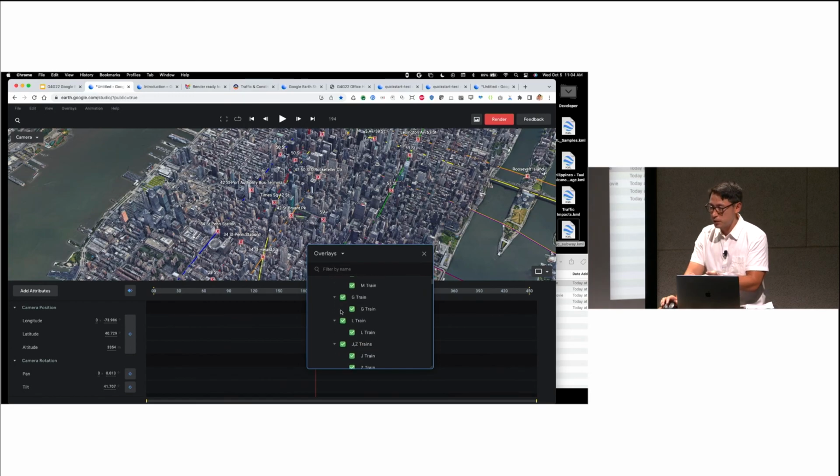What you'll see is really nice with Earth Studio is when you import a KML or KMZ file, we'll inherit the KML tree. So you'll see how the different things are nested, just like how you would in Google Earth, and you can kind of turn them on and off as you see fit. Turn this off. And I'm actually going to turn everything off and just have